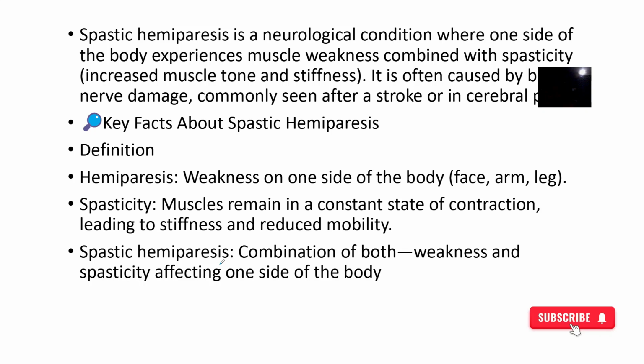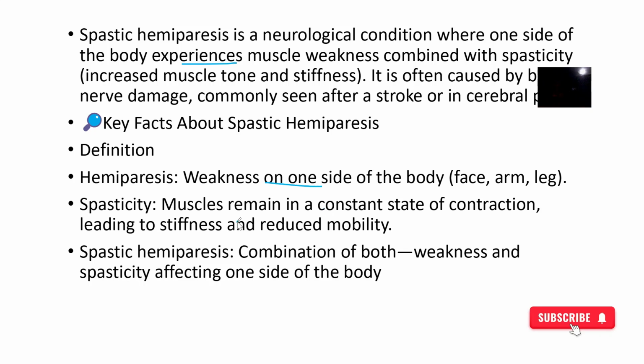So spastic hemiparesis, just so you know, is a neurological condition. This is where one side of the body experiences muscle weakness combined with spasticity. It's often caused by brain or nerve damage, commonly seen after a stroke or probably in cerebral palsy. So a lot of things could cause spastic hemiparesis. Like weakness on one side of the body,